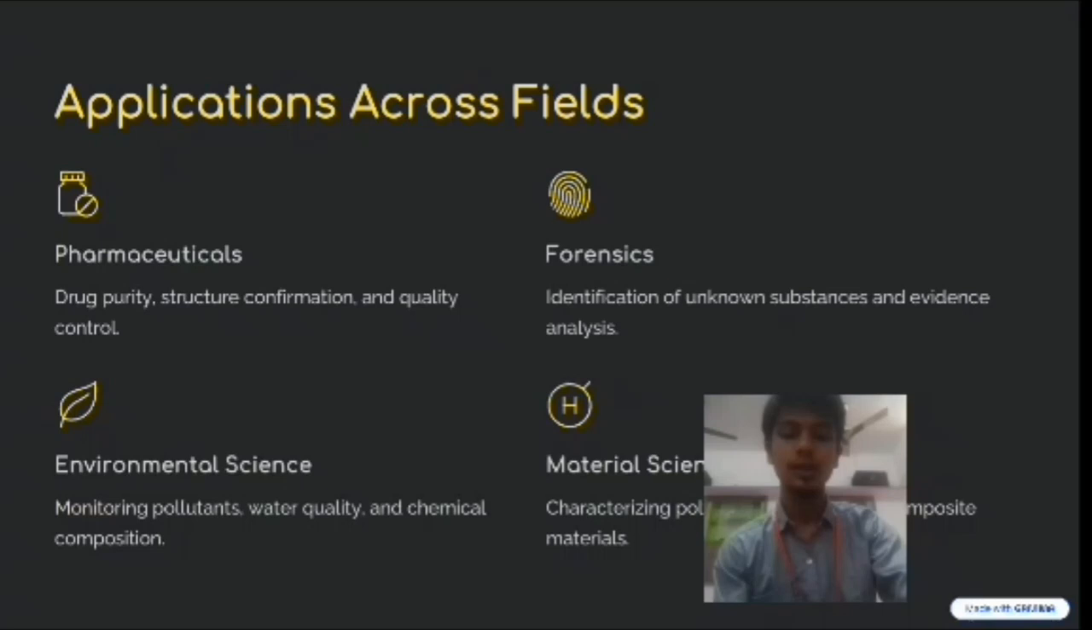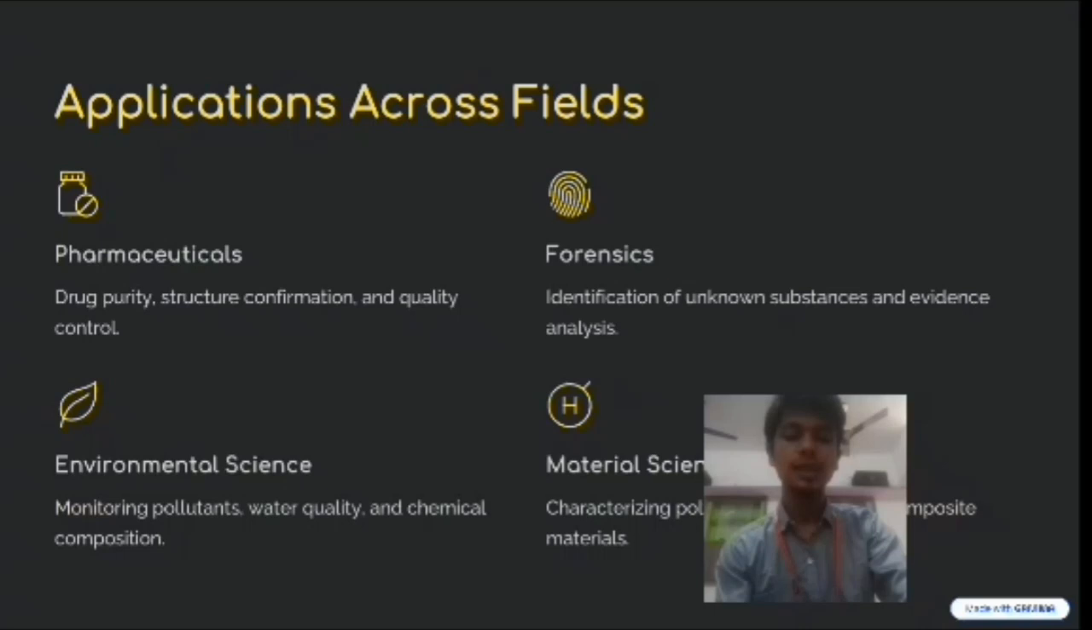Applications across the fields. Spectroscopy techniques like NMR and IR have applications across a wide range of scientific and industry fields. In chemistry, it is used to identify compounds, determine structure, and monitor reactions. In pharmaceuticals, spectroscopy helps in drug designing, purity testing, and quality control of medicine. In biology and biochemistry, it is used to study proteins, enzymes, metabolites, and interactions within cells. In forensic science,